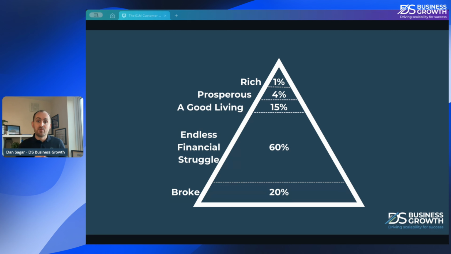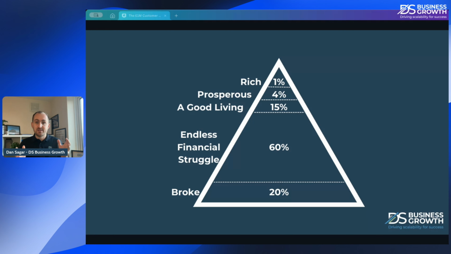It's only those top 20% that are doing well and probably leaving work happy at the end of the day, and probably most days, whereas the rest of the businesses, 80%, are in some kind of struggle or flat out broke. So it's really important, as I went through that, you probably realized where you are on that pyramid, and everybody will be somewhere in that pyramid. You will know in your own head, potentially as I talk through that, where you are. But you'll also know where you want to be.